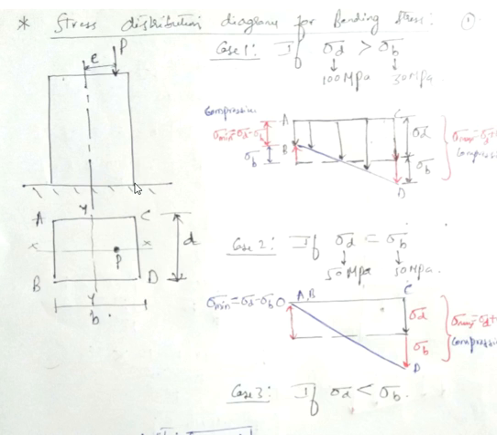When it is bending towards the right, if I consider parts C and D, they are subjected to direct compressive stress and also bending compressive stress. But if I consider corners A and B, they are subjected to compressive stress because of direct stress and tensile stress because of bending. Now if I look at the stress diagram, see here, this is the zero stress line.